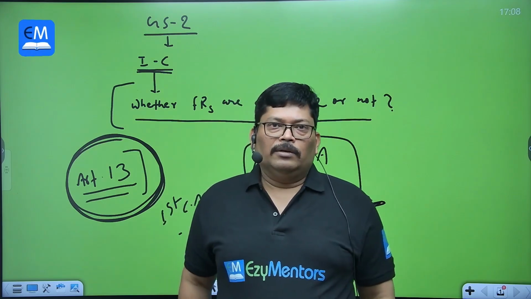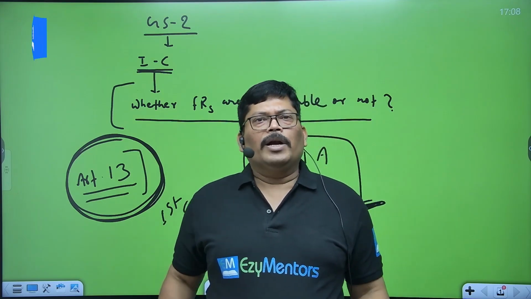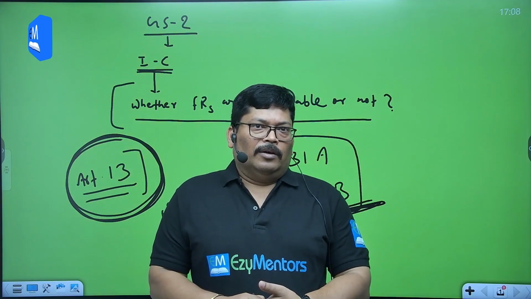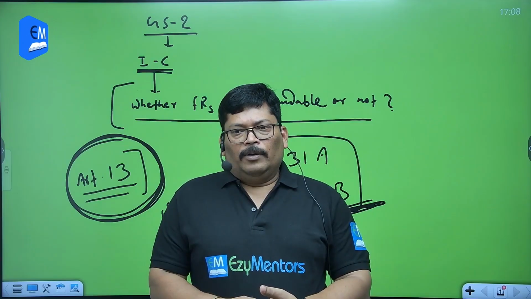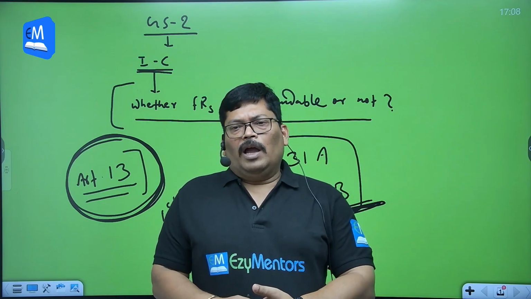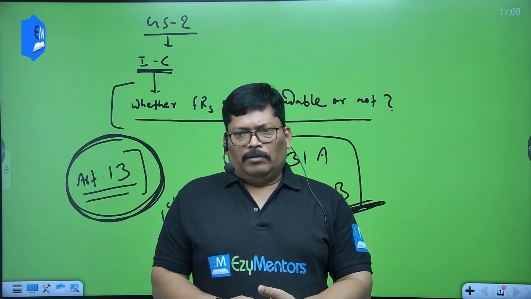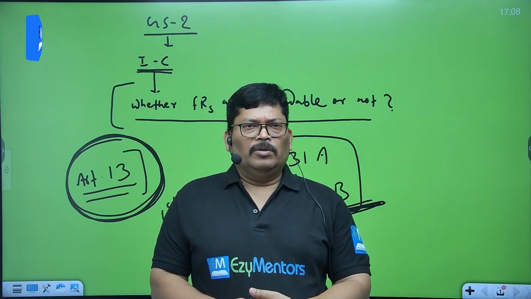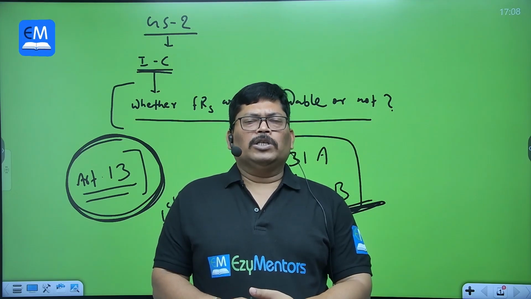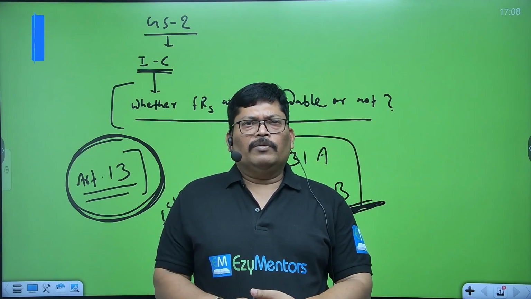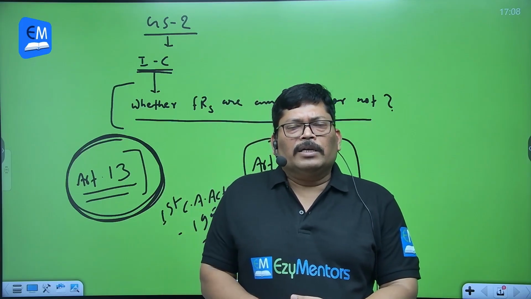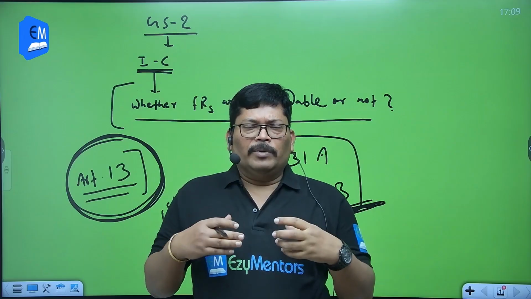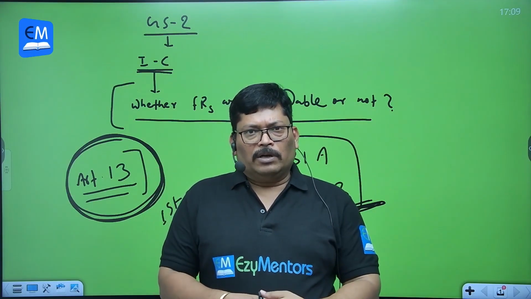So this question became a matter of great concern in those days, because people were very much apprehensive whether Parliament can impose limitations upon the fundamental rights or not. Because the majority of the people, the majority of the scholars, were of the opinion that fundamental rights under the Indian Constitution enjoy a transcendental position, a superior status. They are the much superior provisions of the Indian Constitution. How can they be amended?